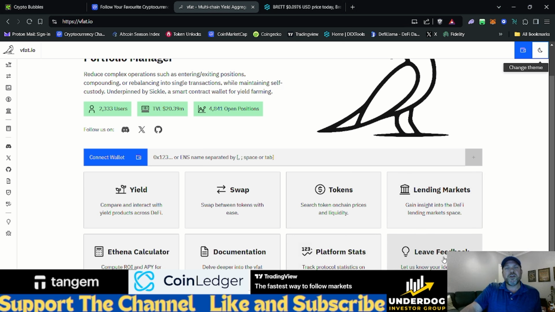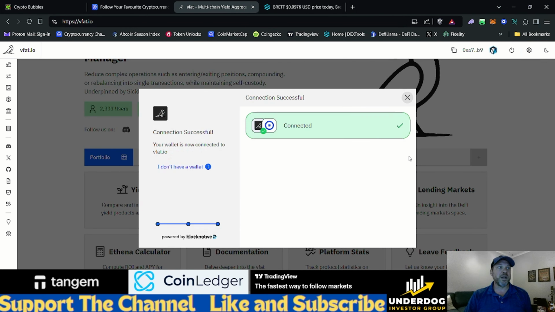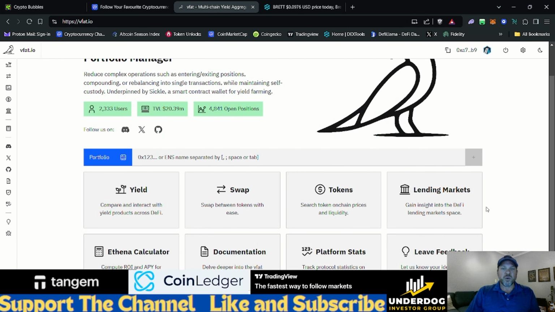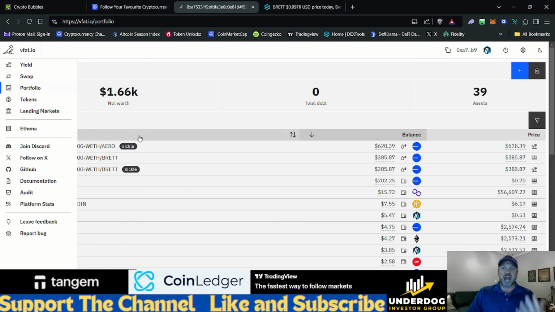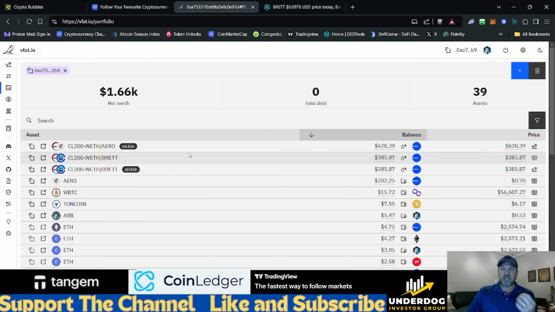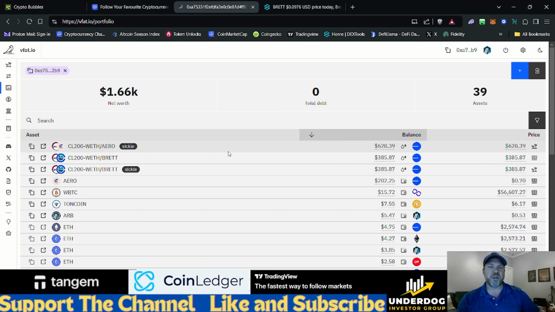So what I'm going to do first is go into my portfolio, and I'm going to connect my Coinbase wallet. Once your wallet is connected, it will aggregate your entire portfolio. Again, my Coinbase wallet just has a little bit on it, and it does not show liquidity positions within other yield aggregators. For example, I have some positions on Beefy, and I have some positions on Crystal. But I figured if I like those protocols so much, we need to do a video on